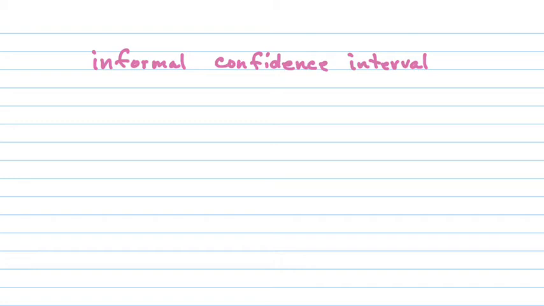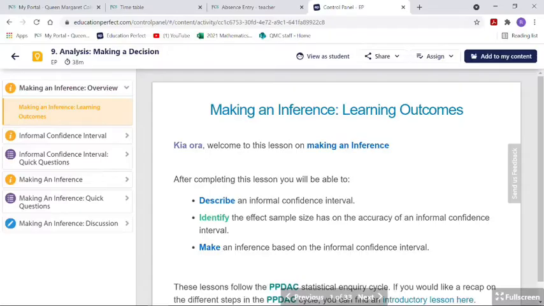Okay? And to do that, we're just going to look at some more. You're going to build that word template that you have. Remember that we don't want you to say things exactly the way they do, but I do want you to be aware that you must have some key words. And today I'm going to show you how exactly I'm going to be grading this paper, so you can make sure that you know you've written enough or too little. And we're going to go back and look at some key words. I've been trying to point them out as we go, underlining them in the sentences, but we'll see. All right, so let's go to our Education Perfect and look through the lesson.